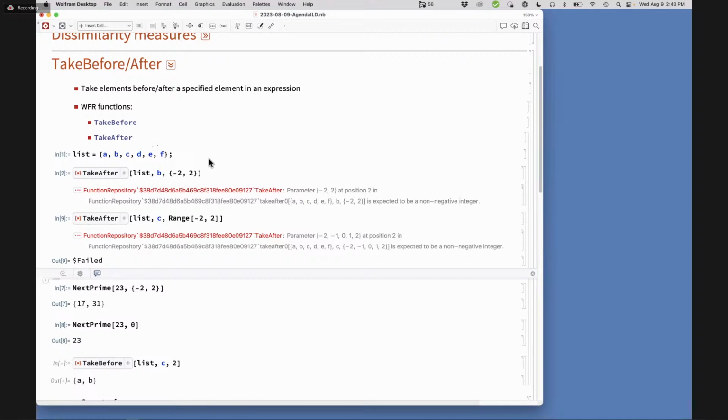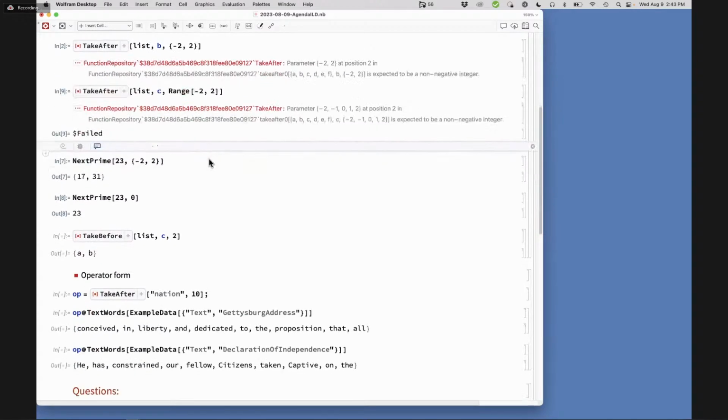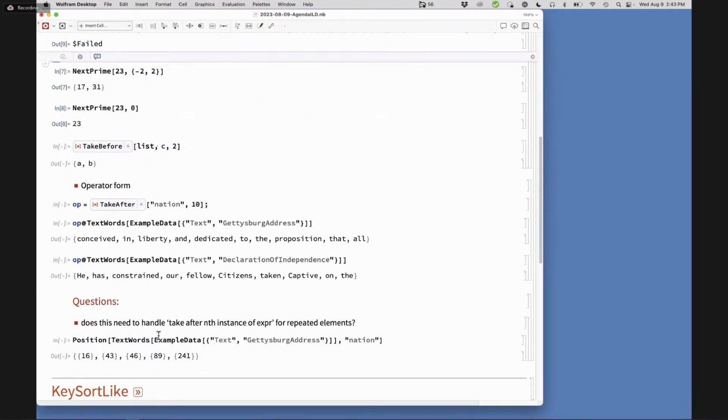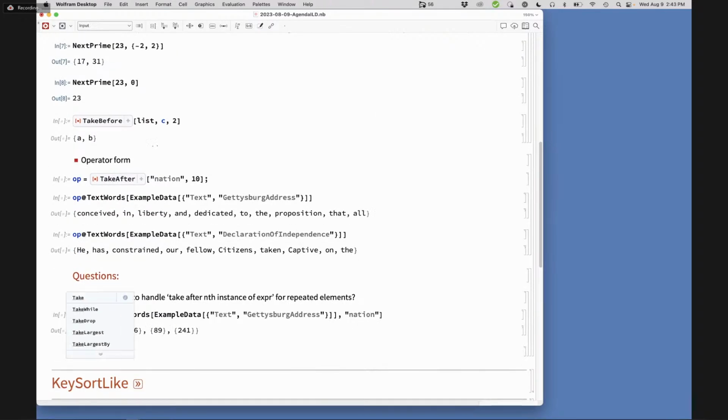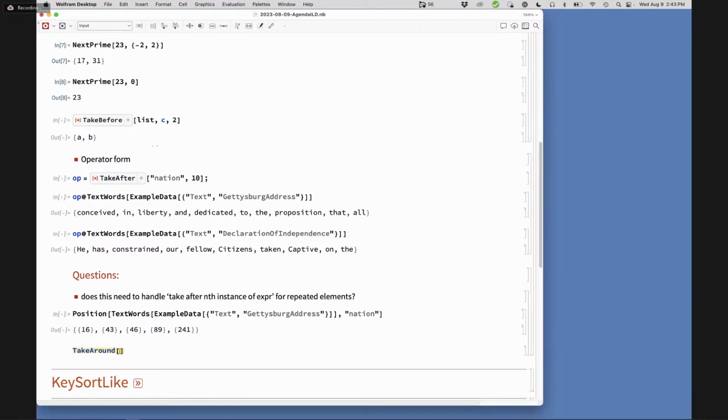Yeah. What's being proposed for take around is then take around all of them. I'm sorry, take around what? What you're proposing for a take around, what Itai is calling take around, would be taking the surrounding on all occurrences. Yeah, I understand, but I think that's going to be the useful thing anyway.